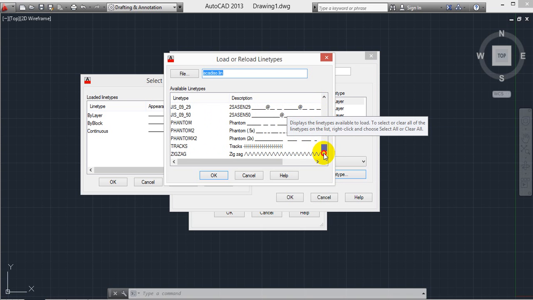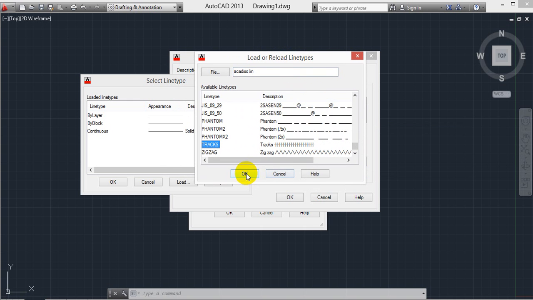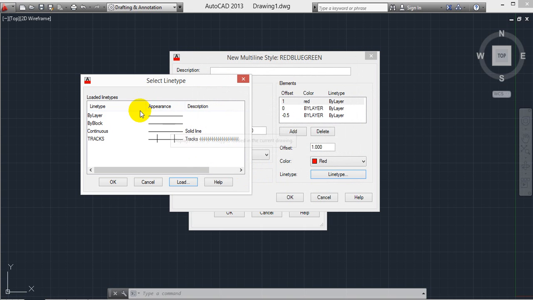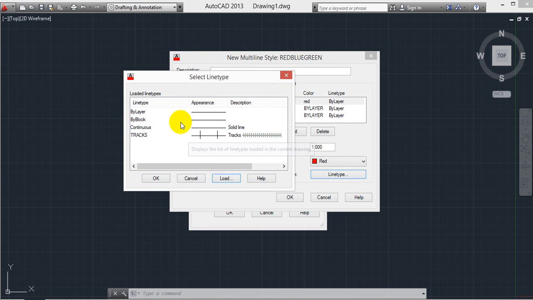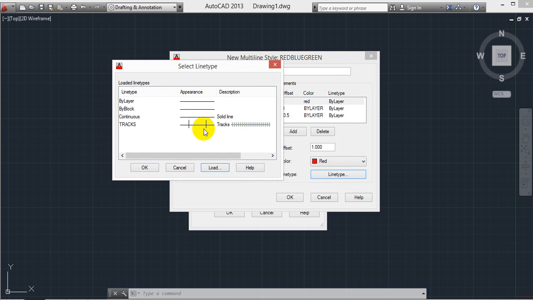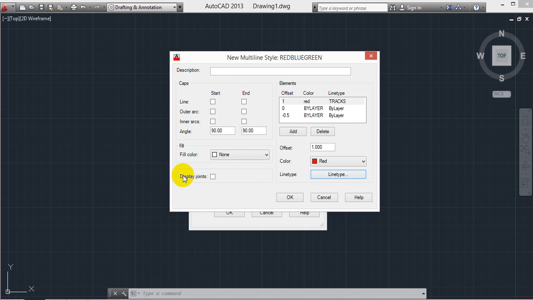But here I am taking the first one, Tracks. Select OK, and the tracks come into the selection area. Previously you had to select from the line type area. It means you can select here again and OK.